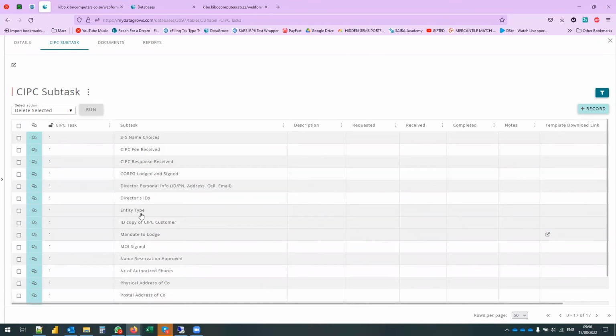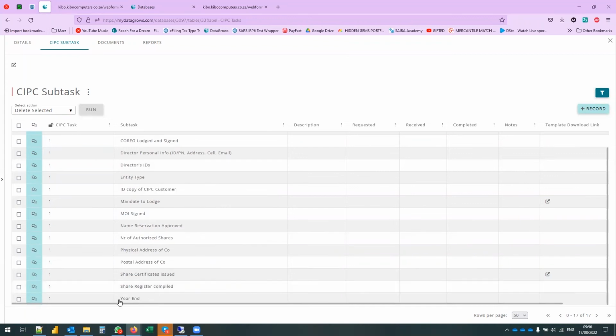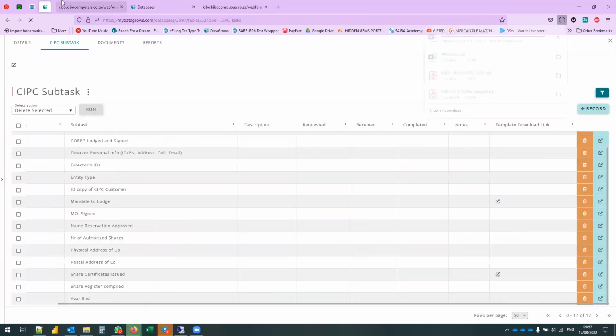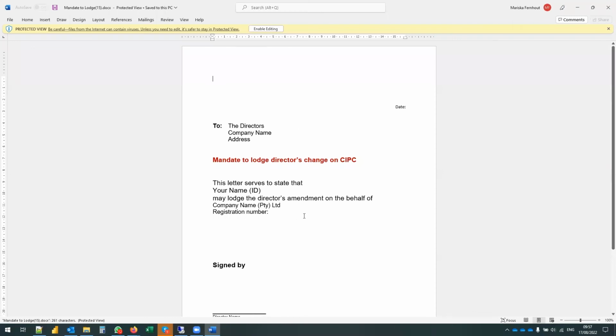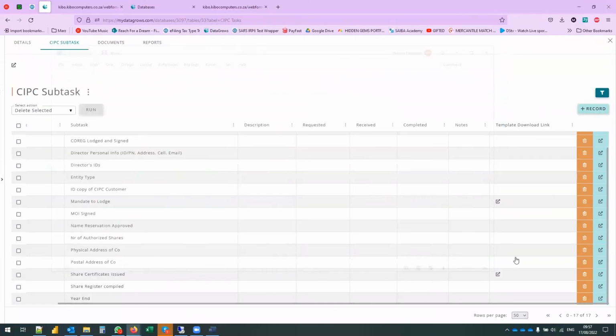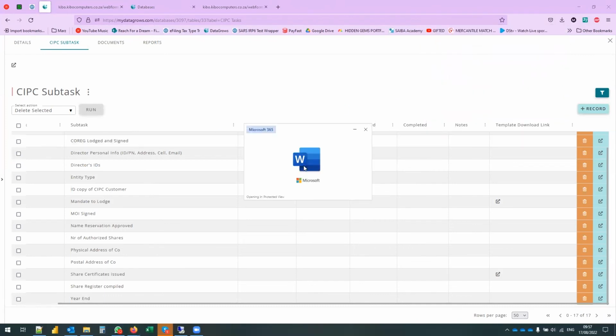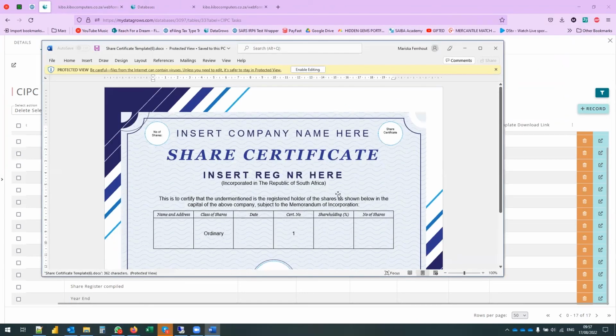So things like the selected year-end, number of authorized shares, as you're discussing it with the client, you can note it here. And then where available, there are templates that you can download and make use of if you want. So the mandate, for example, will download a blank Word document that you can then just complete. And there's also a share certificate template, but this will be replaced shortly with a new feature that we've developed,